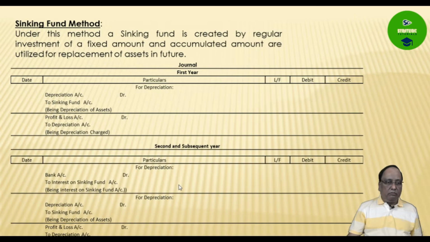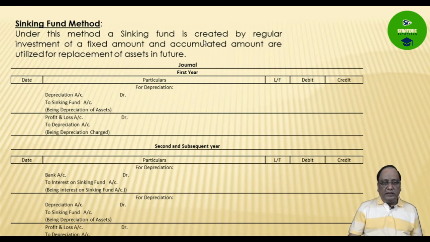Next I am coming to the most important part, that is the sinking fund method. A sinking fund is nothing but a fund created for the yearly depreciation, and every year that amount is deposited in that fund. So from that fund some interest may be generated. How we do this type of accounting, what the journal entries are, I have given through examples. So please go through this. This is a very important part of depreciation.